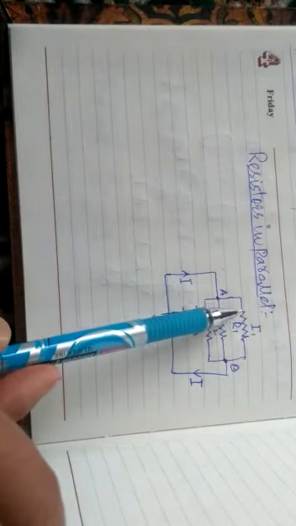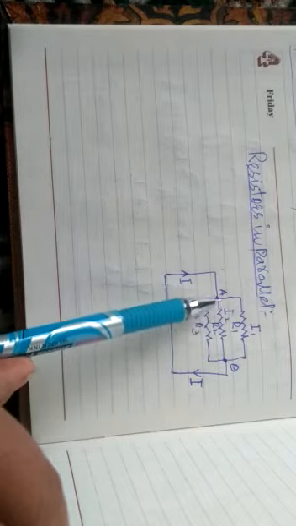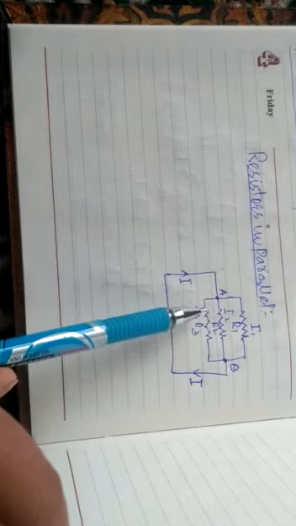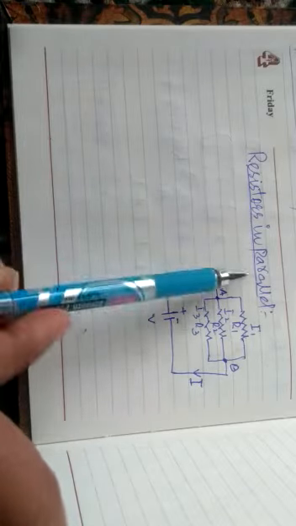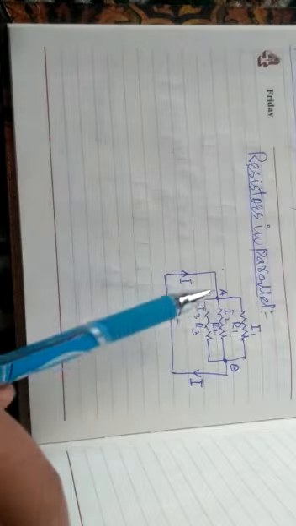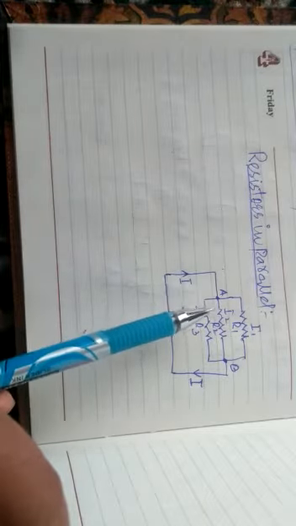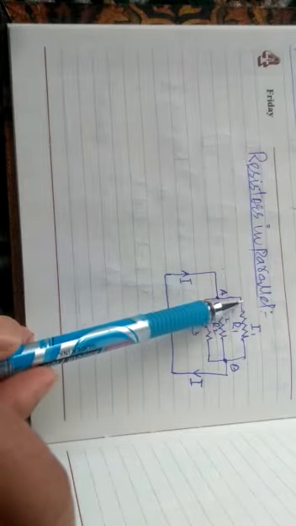What happens? This is one end of a resistor, this is the other end of the resistor. For the second resistor, the same: one end, and the other end. And for the third, one end and another end. So resistors are said to be in parallel. Two or more than two resistors; we can have three, 400. How many resistors? A number of resistors are said to be connected in parallel if one end of each resistor